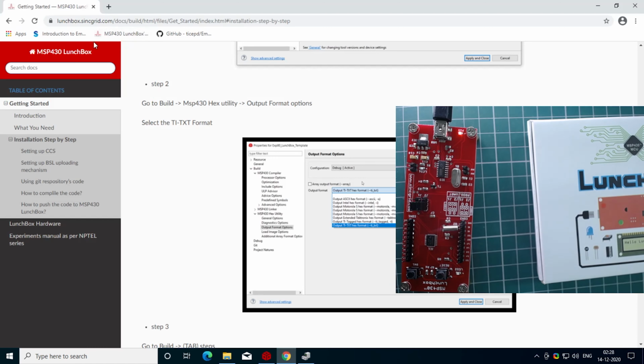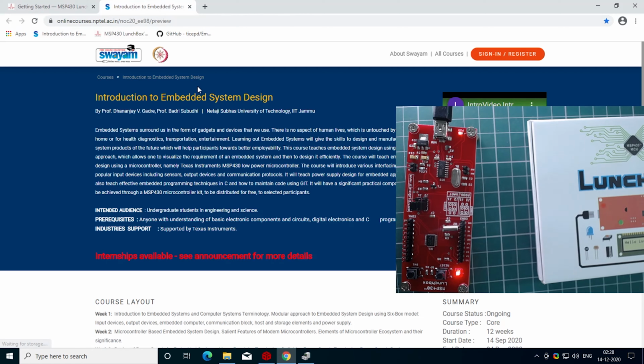You can explore all this in detail in this course, and this course is totally free. Please visit this SWAYAM portal and get the maximum out of this course.